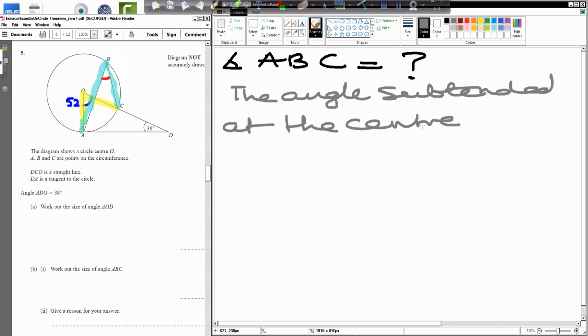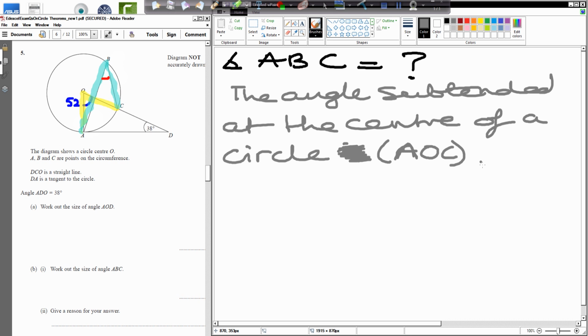The angle at the center of a circle is twice... Where's the center of the circle? First of all, the center of the circle is going to be O. That's the one I'm talking about, that's the angle. So the angle AOC is